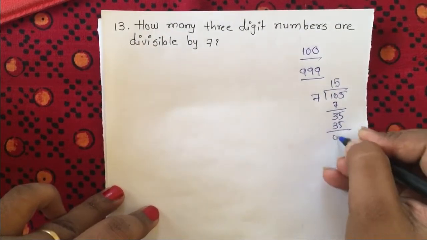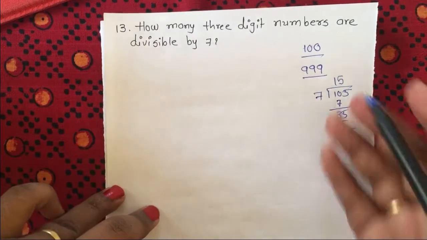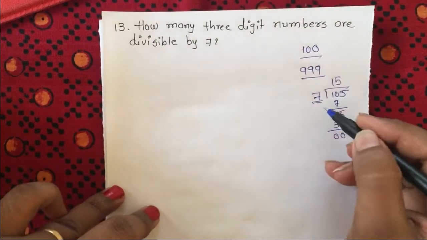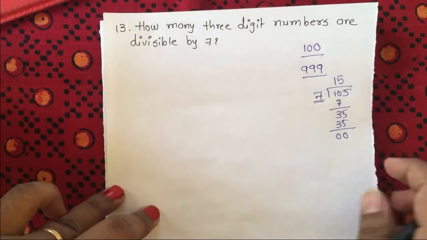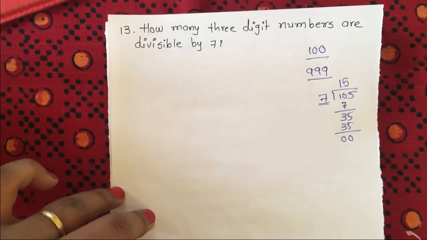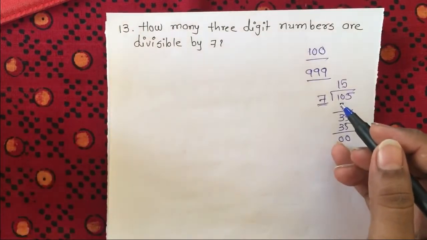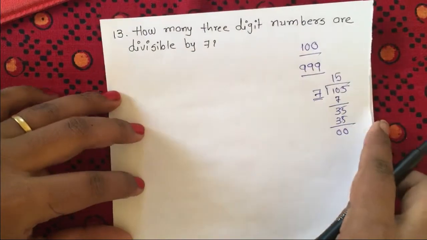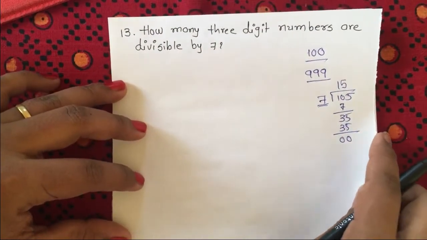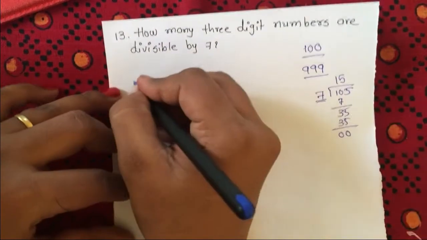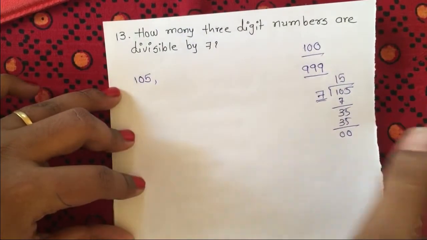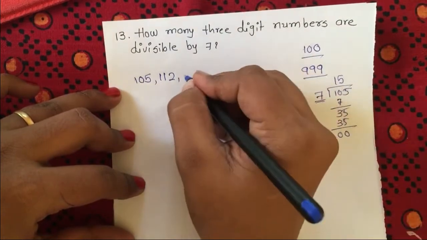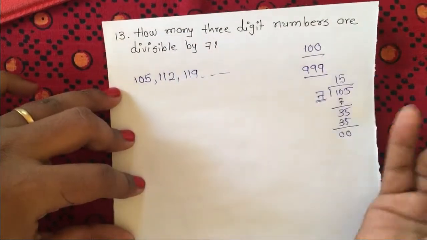If you don't remember the divisibility rule, you just start with the division with 7 and you gradually know the value. आपको वहाँ पे अपने आप से एक वैल्यू मिल जाएगा. आप 100 के बाद वाली वैल्यूज़ जो है उसको 7 से डिवाइड करना स्टार्ट करो. अगर वो एग्जैक्ट डिवाइड होती है तो वो डिविजिबल हो जाएगा. So here we have the first term, that is 105. Now we have to add just 7 on it. So ये हो जाएगा 112, 119 and up to हमको पता नहीं है.